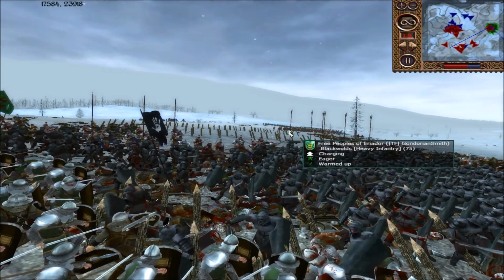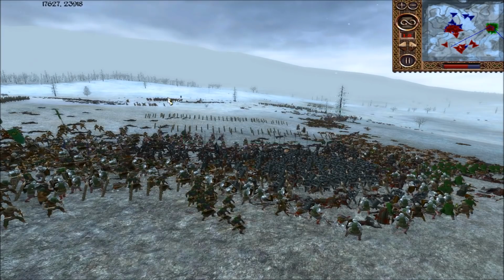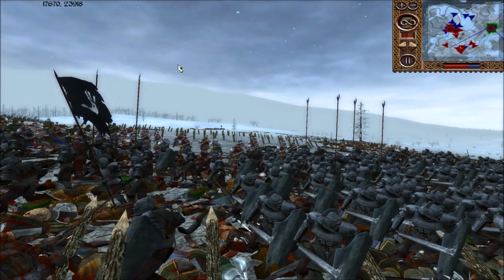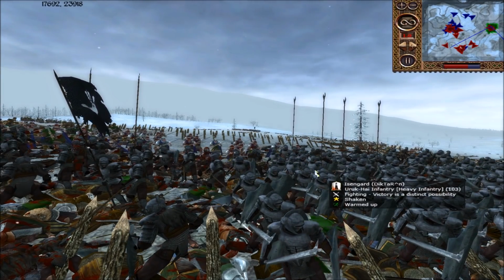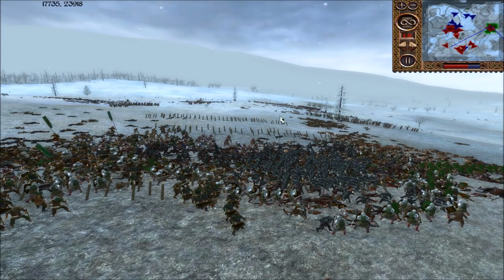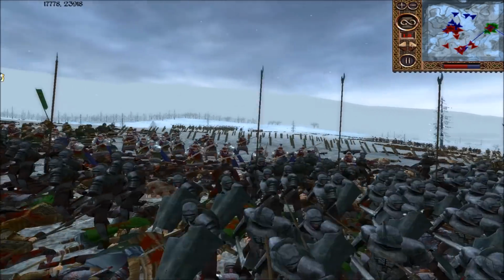See, my black wolves, with the 25 mounted battering Dunedain, have taken out all the Uruk-hai crossbows, and that pretty much is going to be it for Isengard. As soon as I get my crossbows back into range, you can see my second unit of forged gatekeepers is here now, and we'll be able to take out a